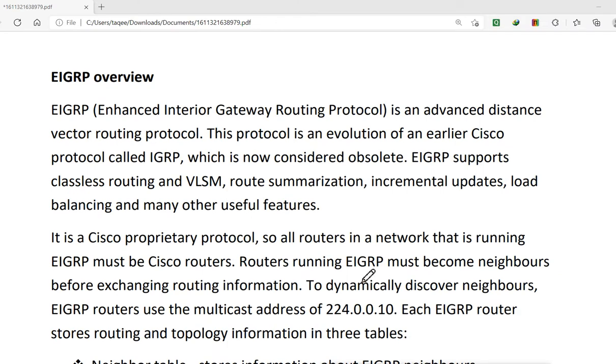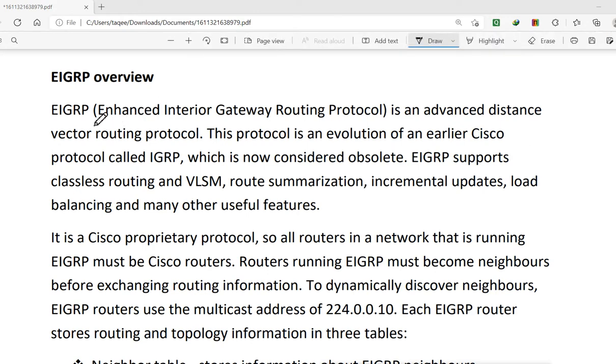Configuration is very easy for EIGRP, and it also gives you the advanced feature of the wildcard bits, but it is only optional. If you want, then we can use it, and if you want to configure it like RIP, then you can also configure it like RIP.